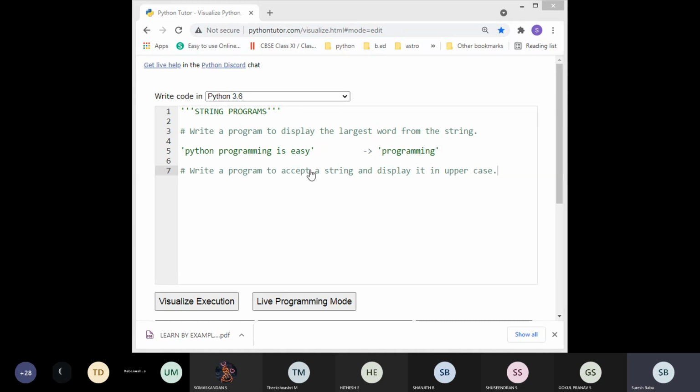So kindly go through everything. Yesterday itself, I shared the material for string MCQ. So kindly go through all the things and get ready for tomorrow's exam. Now students, kindly do this homework and if there is any doubt, ask me. Do it now, these two.